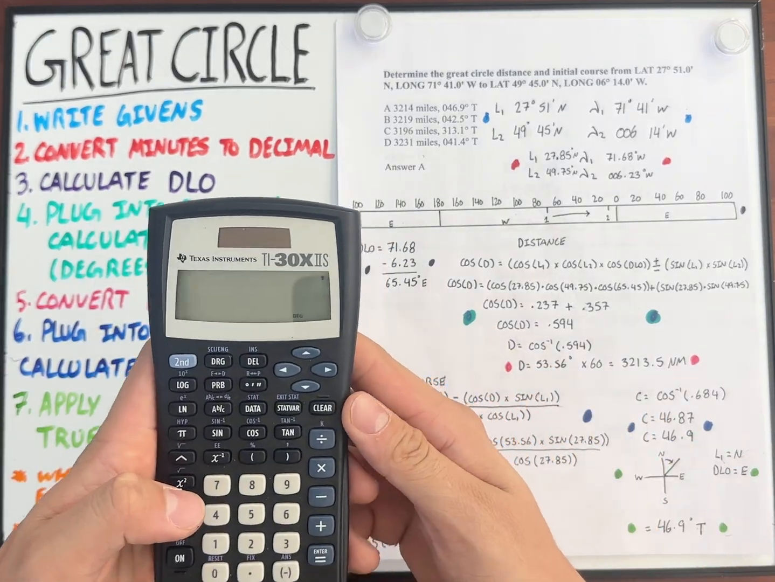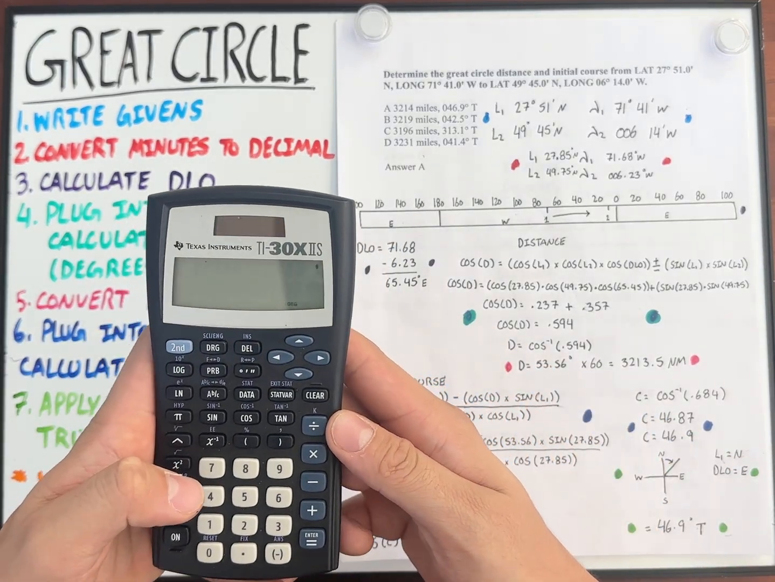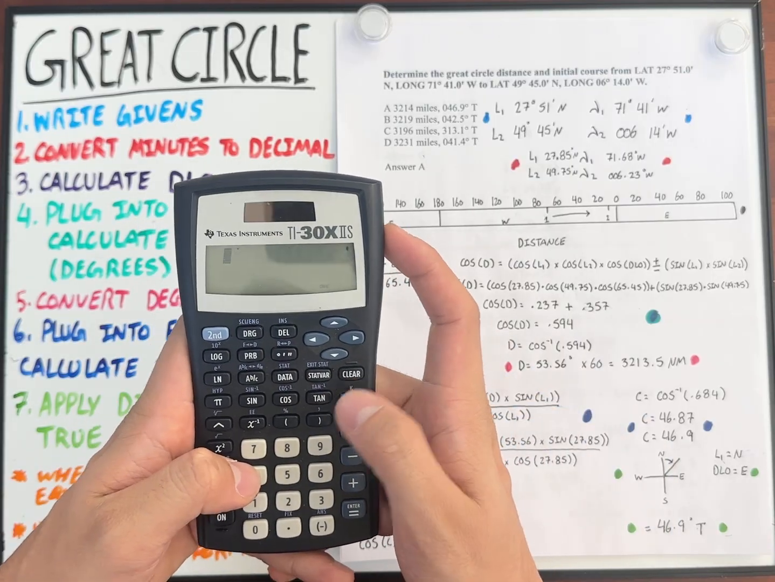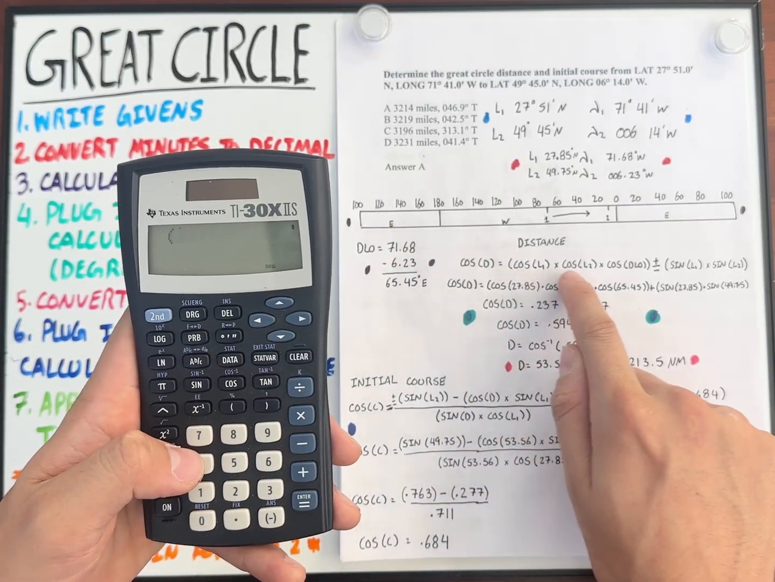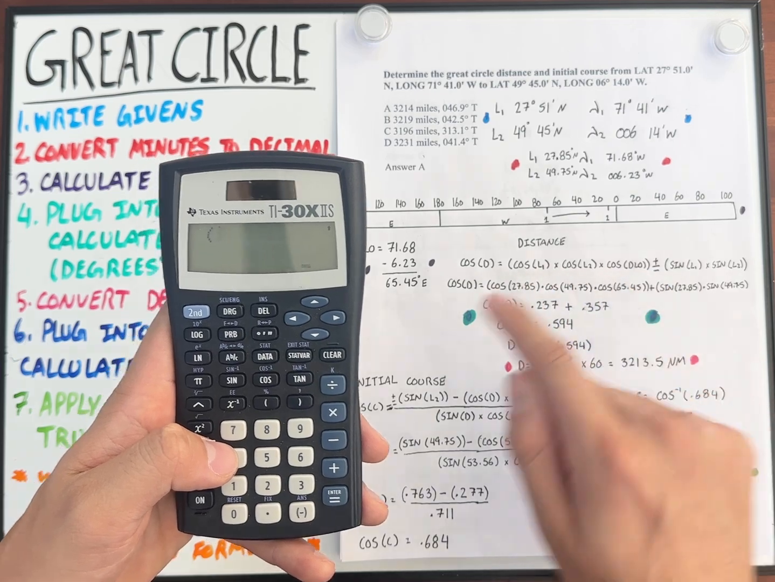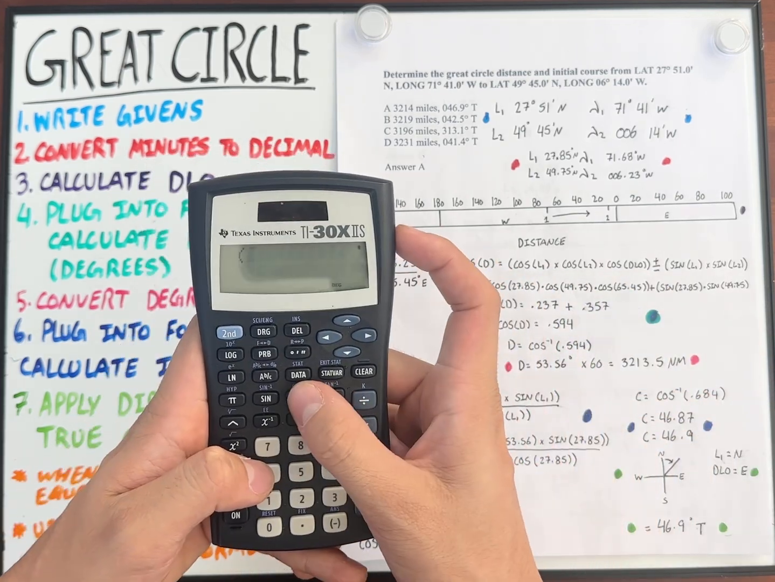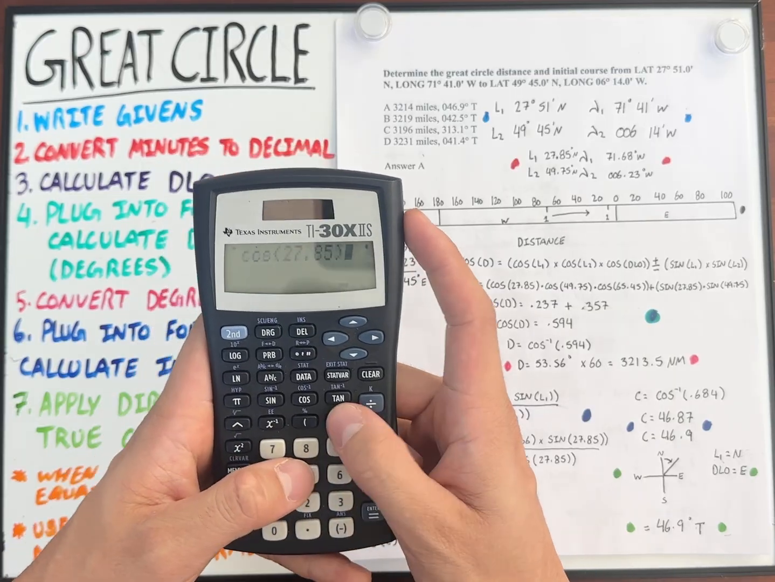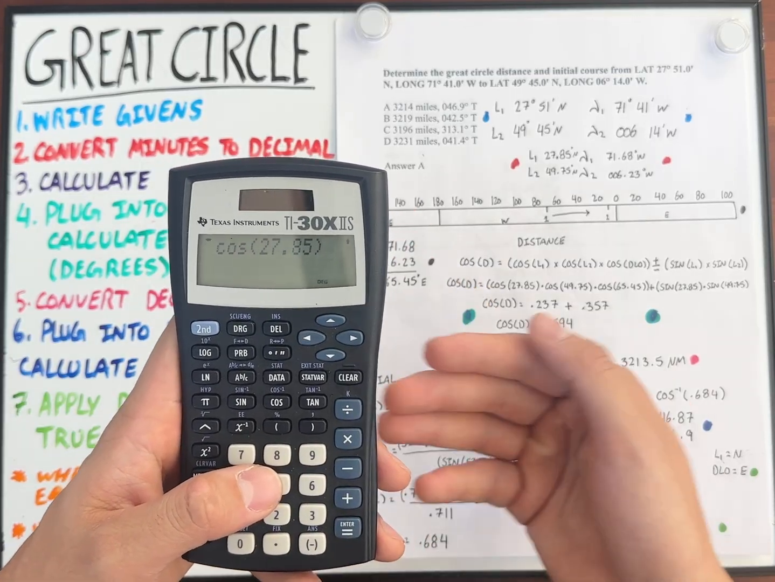So here we go. We don't have distance yet, so we're just going to start on the right side of the equal sign. Cosine of your lat 1, so we're going to type this in exactly how we see it here, this first section. We have our first parentheses times cosine lat 1. We're typing in the decimal form, 27.85. And the reason we put in the decimal form is because I want to avoid